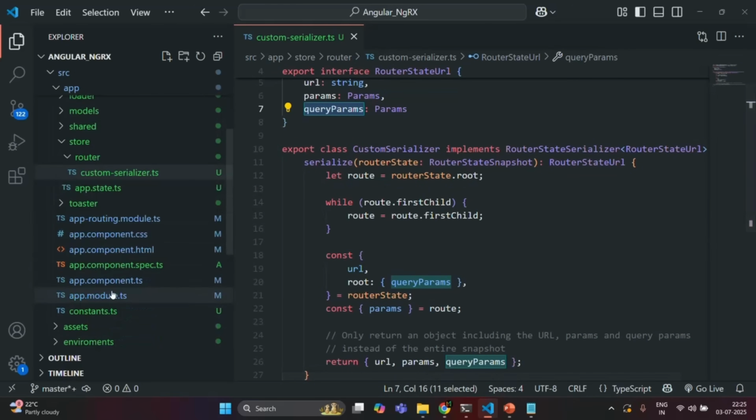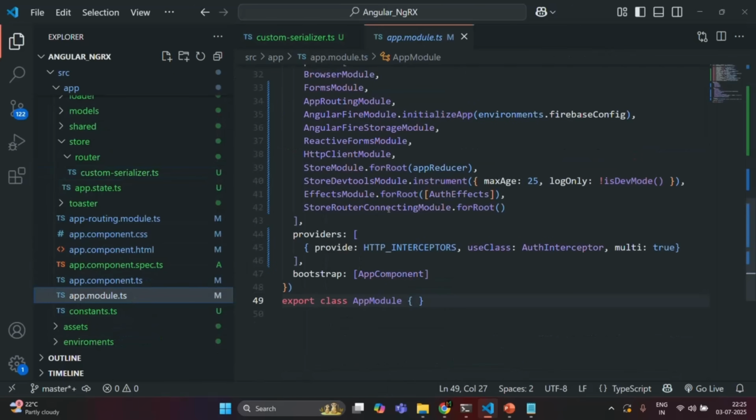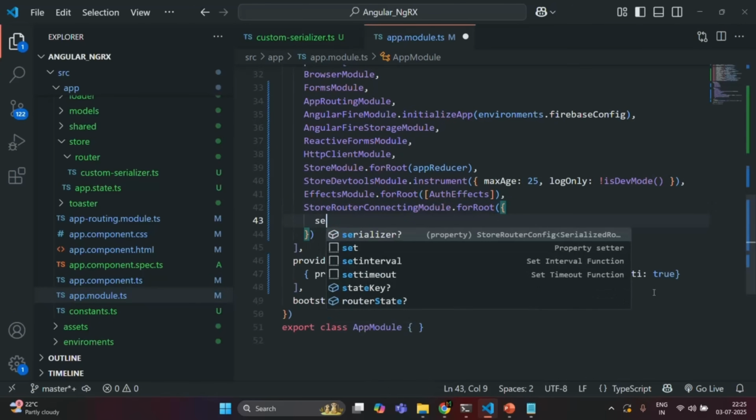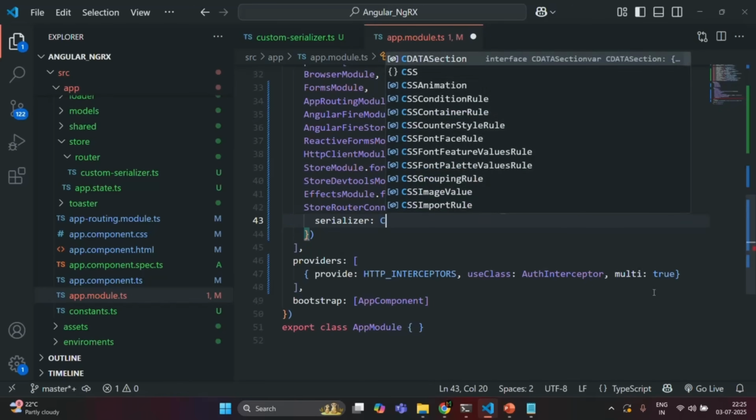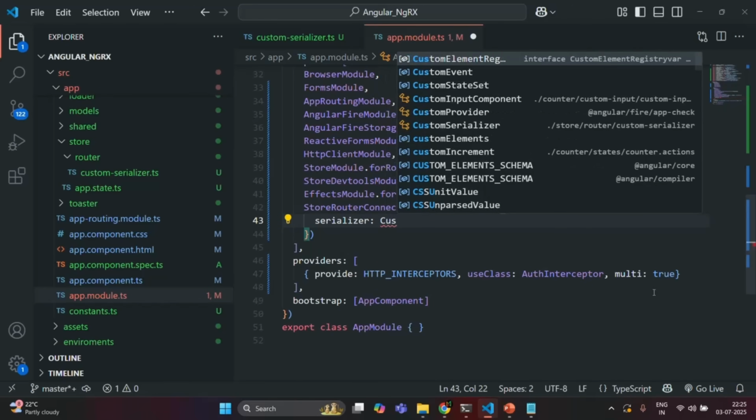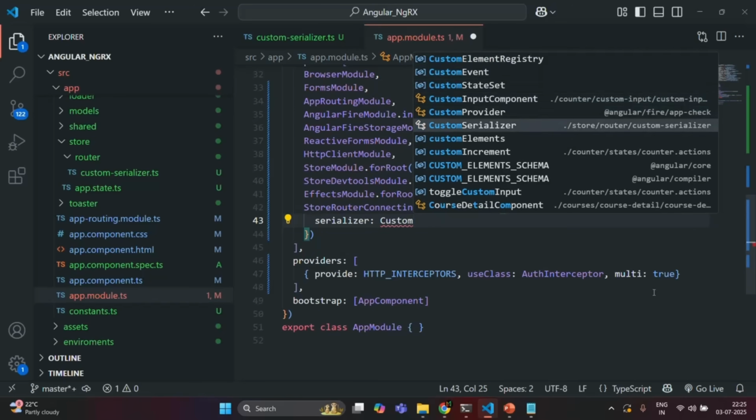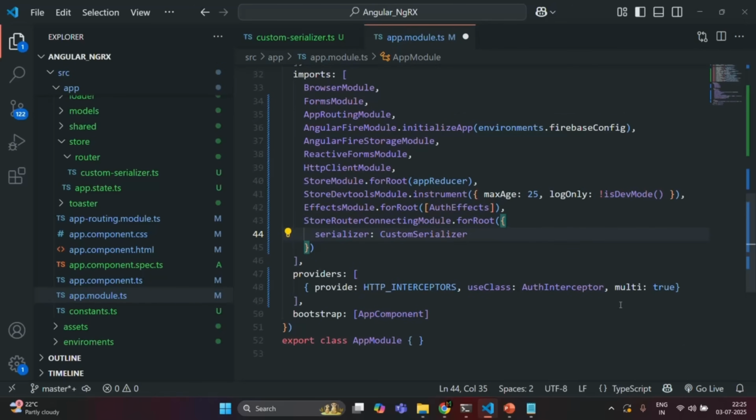For that, we can go to app module, where we are importing this StoreRouterConnectingModule, and on that we are calling this forRoot method. Here we can pass an object, and here we can specify serializer. To this serializer, we are going to assign our custom serializer. So here we have our custom serializer, and to use it we also need to import it. And with this, if we save this and go to our application now,